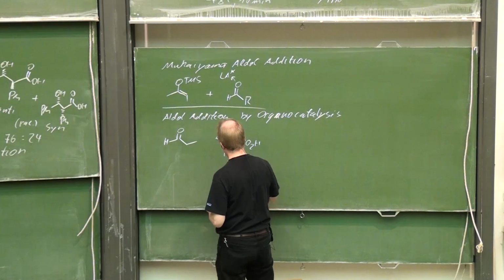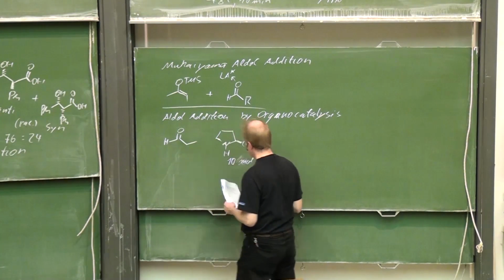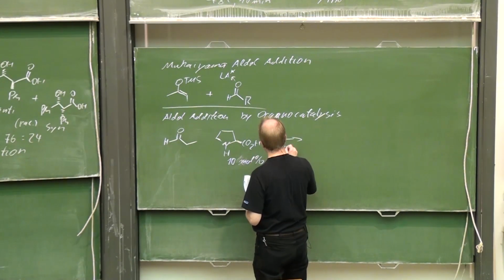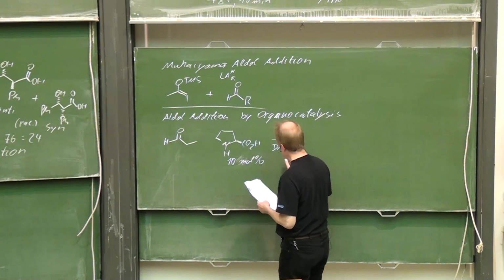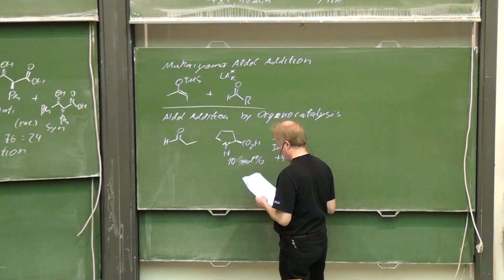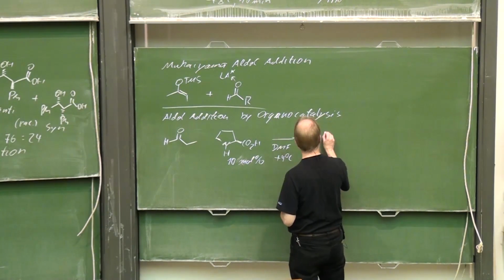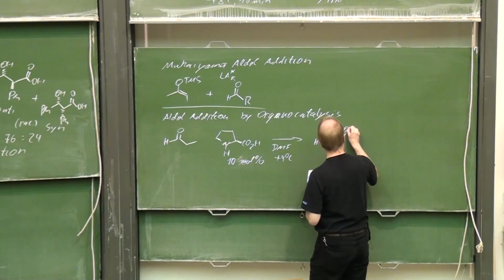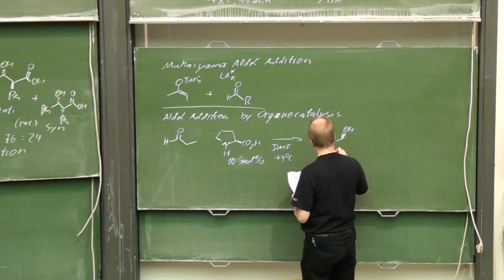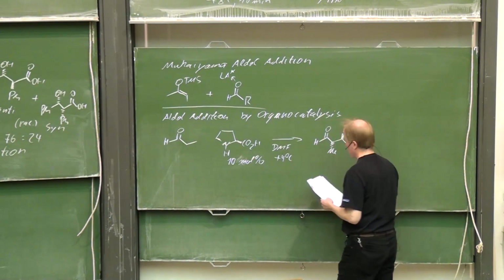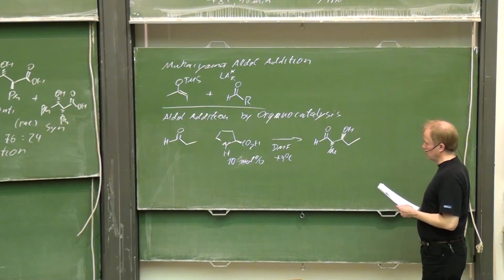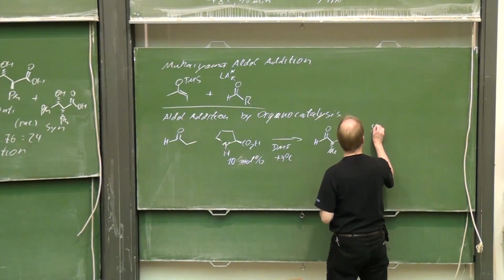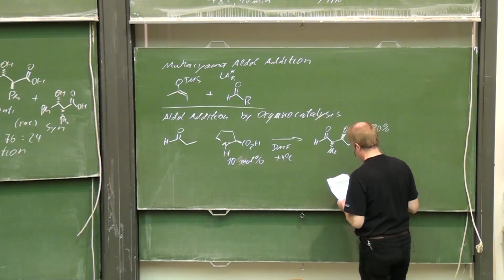We need 10 mole% of this amino acid. Reaction performed in dimethylformamide at +4 degrees will lead to the formation of this homo-aldol addition product. We get an 80% yield,